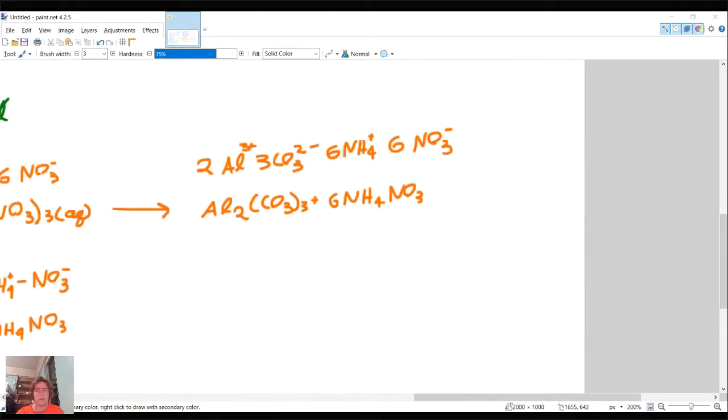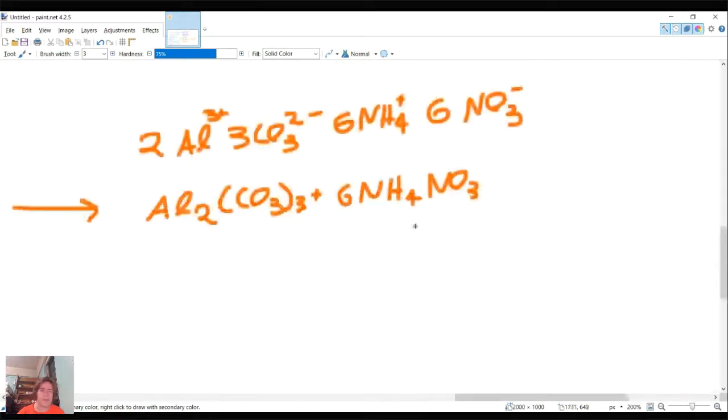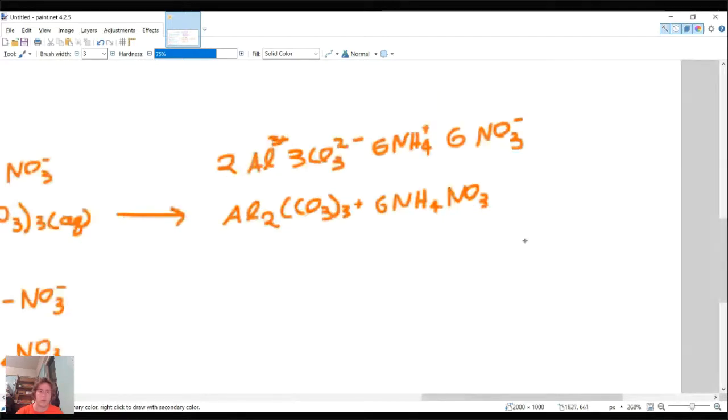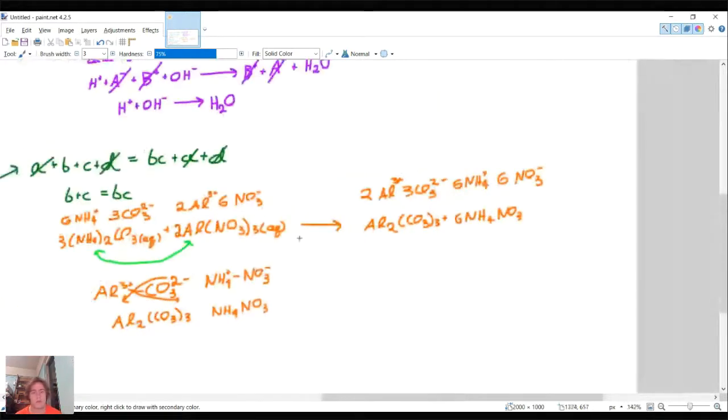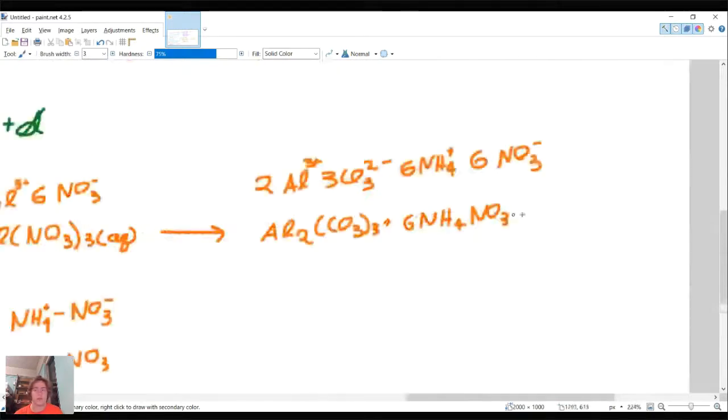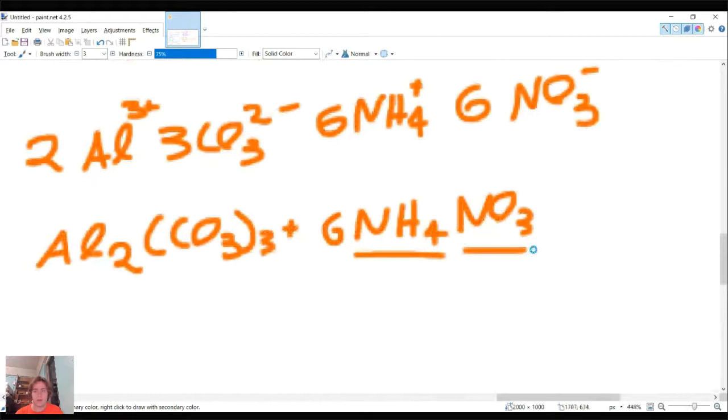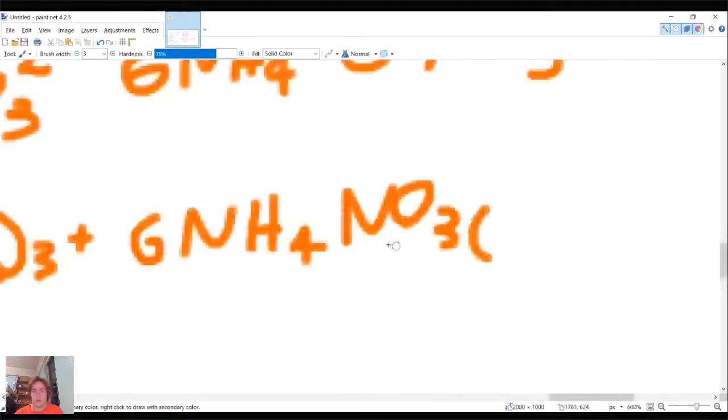Typically, you'll be given the states of matter for this kind of stuff. This is a solid. Well, it kind of already makes sense, right? Which of these species is soluble, according to the rule that I gave earlier? On the right side, the product side of the reaction, which one of these is soluble? Yeah, the one with the NH4. Potassium, sodium, ammonium, and nitrate. There are 2 reasons it's soluble: there's an ammonium and a nitrate. So this is aqueous.